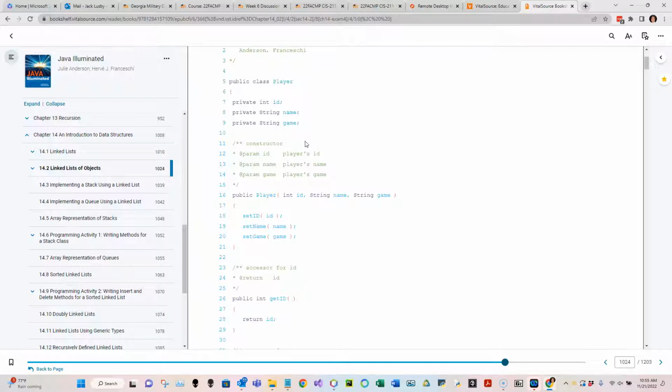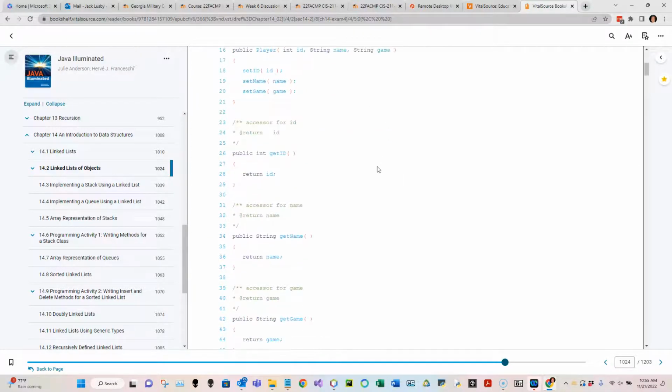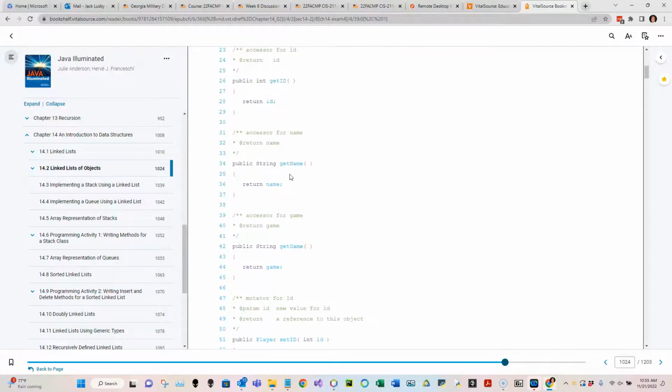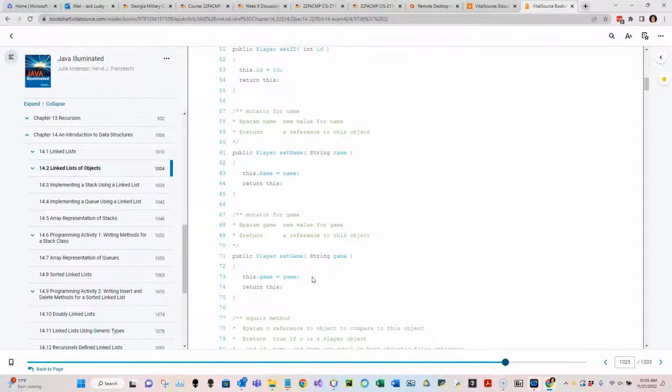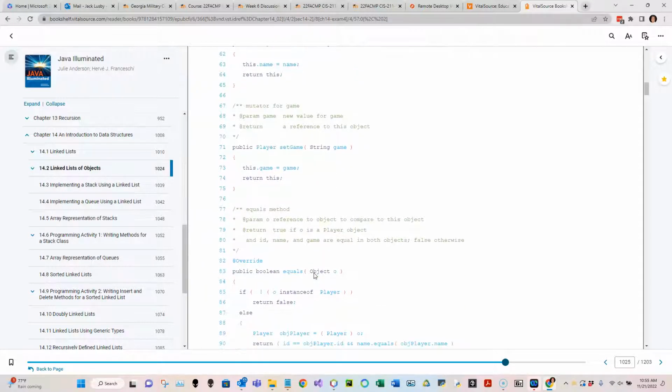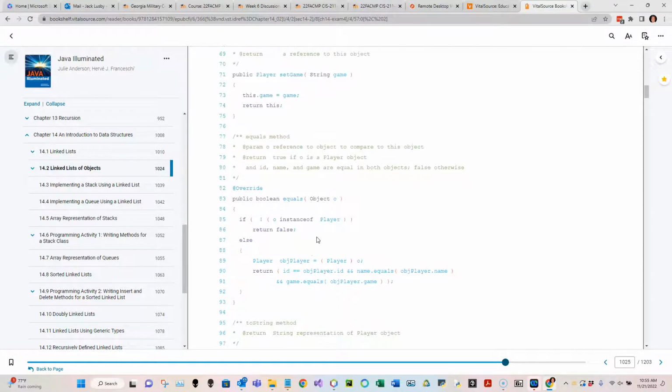In order to adhere to encapsulation, we do not want to expose the variables. We want to make them private. Well, then the question is, how do you access these variables? Well, we have a bunch of getters for each one of these member variables. We have a bunch of setters for each one of these member variables, as well as an equals, which can